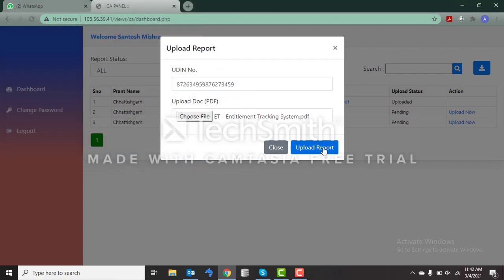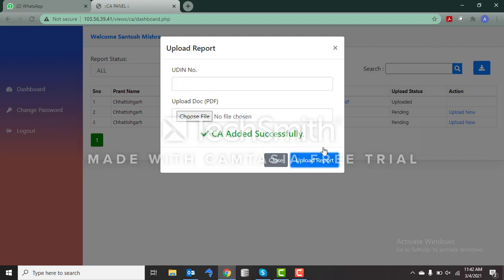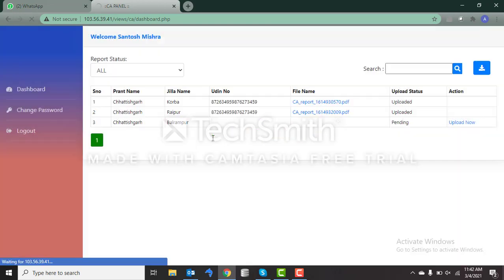After this, we need to click on upload report. Now we can see as soon as we click on upload report, we get the UDIN number as well as the file name, the PDF file which we have uploaded. We see the name of that file and also the status has changed to uploaded.